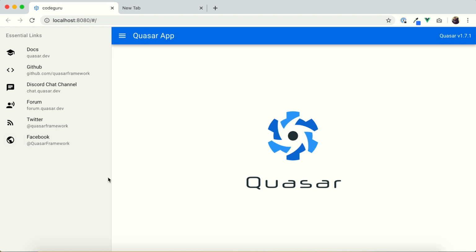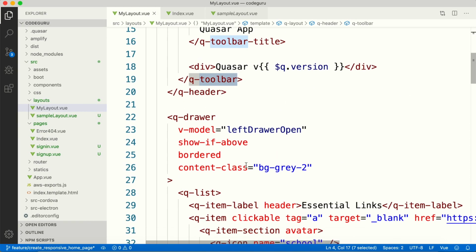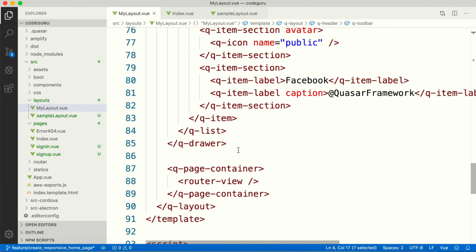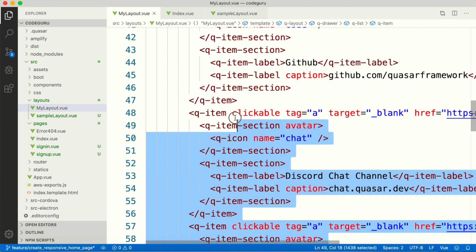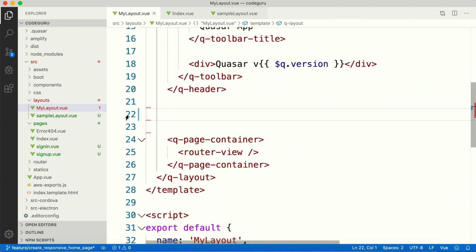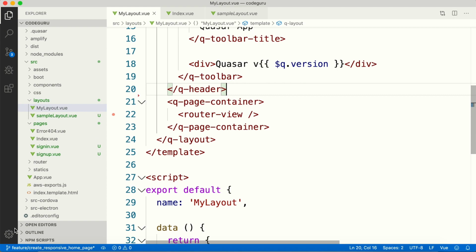There is a drawer, but we don't have a drawer in our actual website design. So let's try to clean up this web page. First and foremost is the left side menu bar, which is nothing but the drawer. For the time being, I'll just cut this code and paste it in a text file